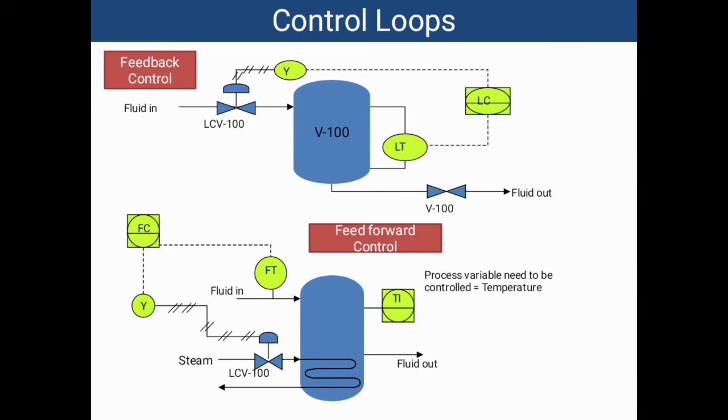And another control loop, with a different process variable, is a temperature control. Like that, several control loops will be installed in the P and ID diagram. When you are tracing the line, you have to count how many control loops and how many equipment are connected to this line.